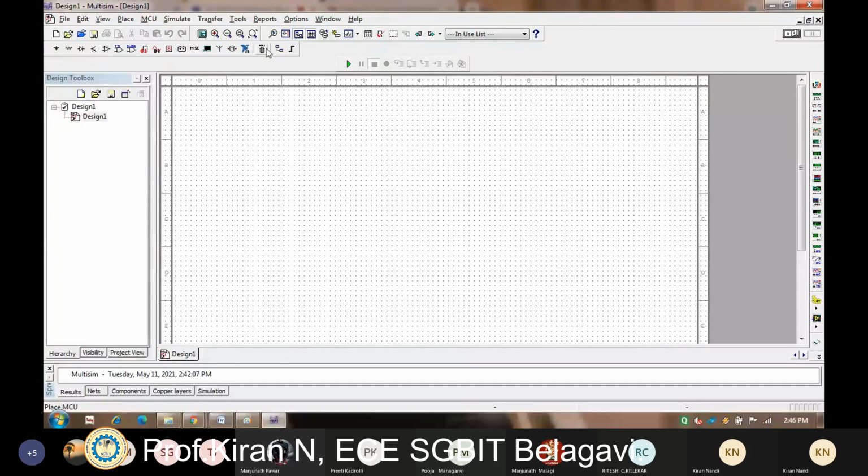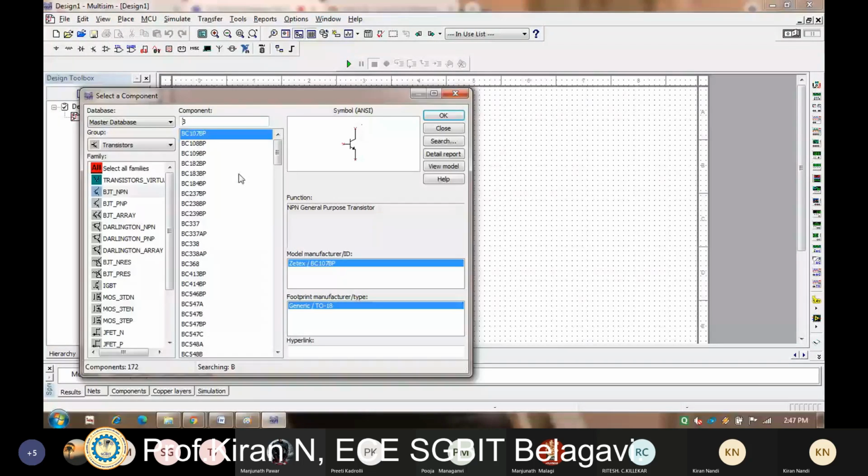All these options are available here. You can see the third toolbar just below the second one, and all the components which exist in the taskbar are also available in the component list. Okay, you can see here, go to place and just click on component.